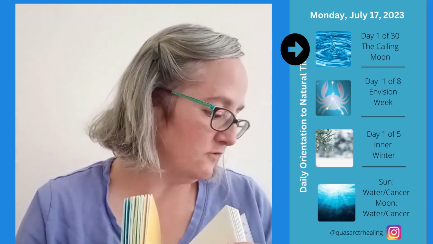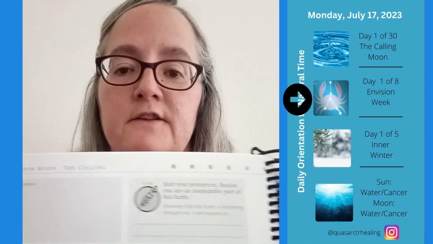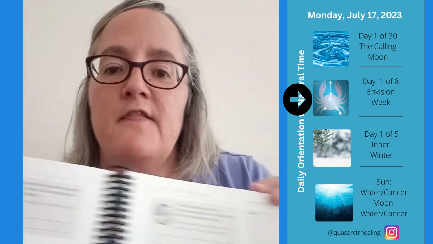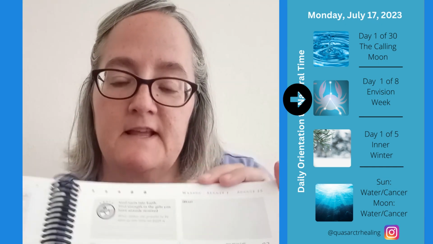The second thing I usually will say is the week. And so there's 4 weeks, and each week represents a part of a cycle that we can go through in many different ways. And so the first week is the Envision week. The second week is the Sense week. The third is Sense, and then the last week is Reap. So the second thing that I'll be saying is the week that we're in and which day in that week that we're in.